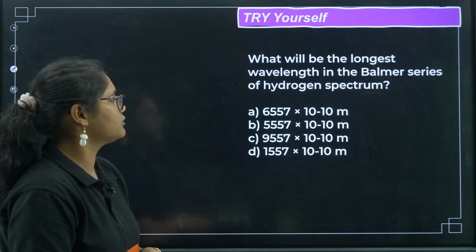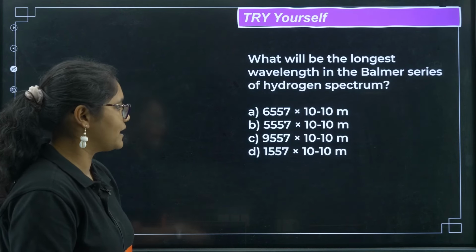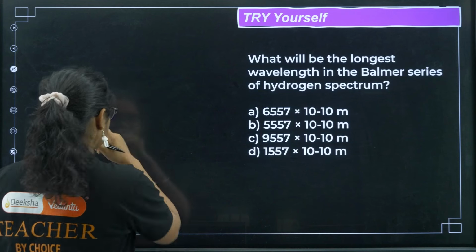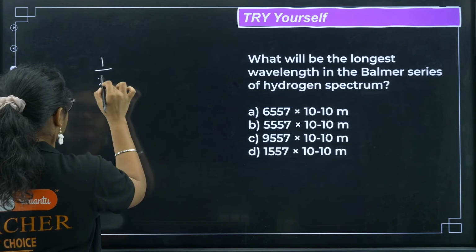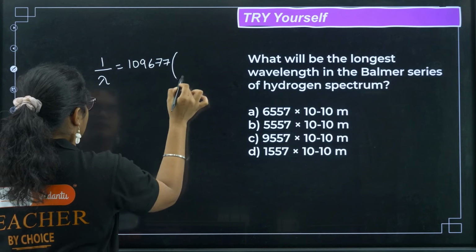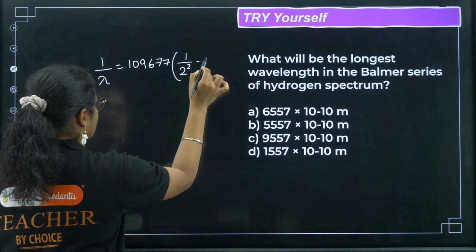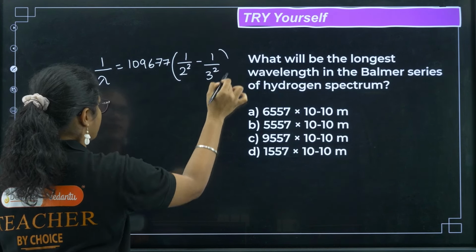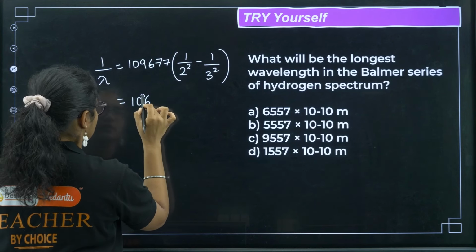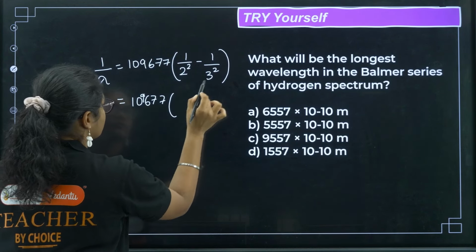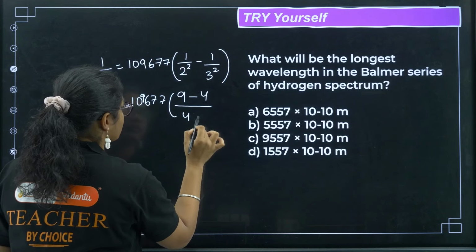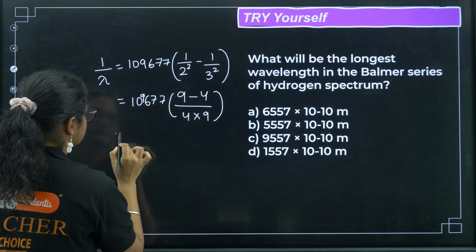So the question is, what will be the longest wavelength in the Balmer series of hydrogen spectrum? If you see the formula I told you, you need to calculate 1 by lambda is equal to 109677 into 1 by 2 square minus 1 by 3 square, right? So that means we need here 109677 into, 3 3s are 9, here it is 4, and 4 into 9, right? So if I solve this, it will be